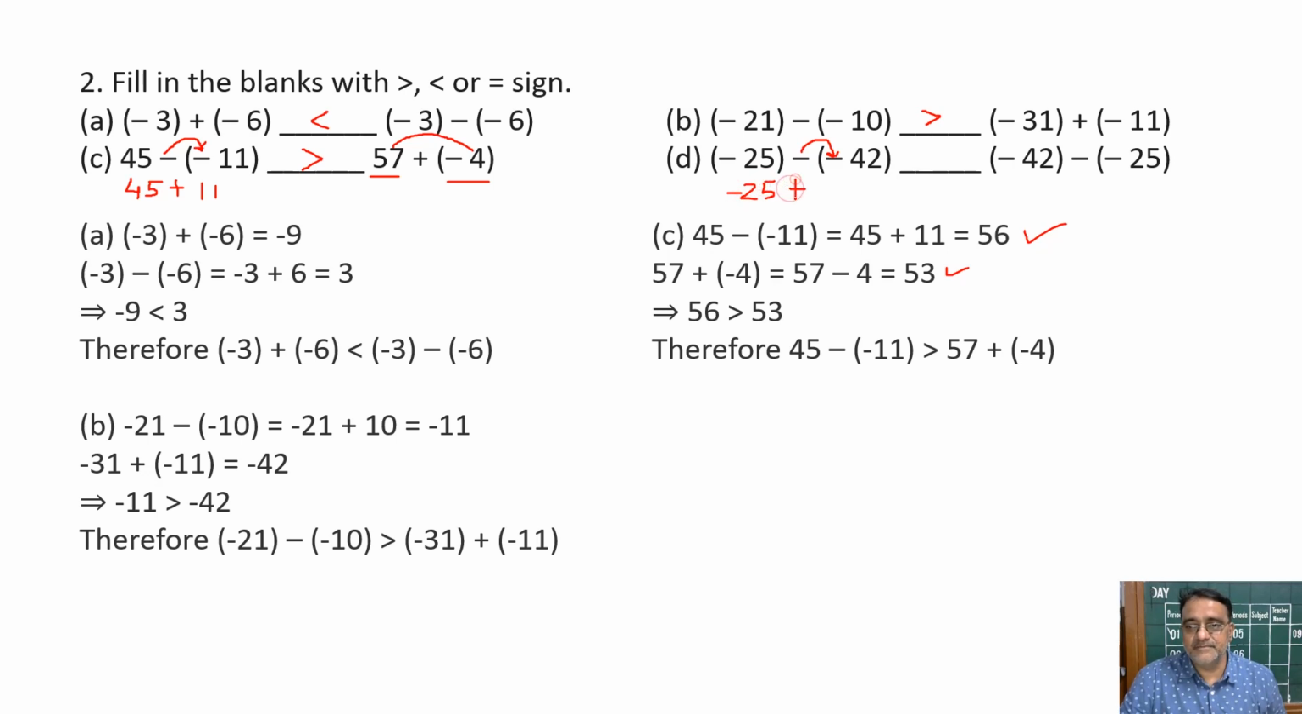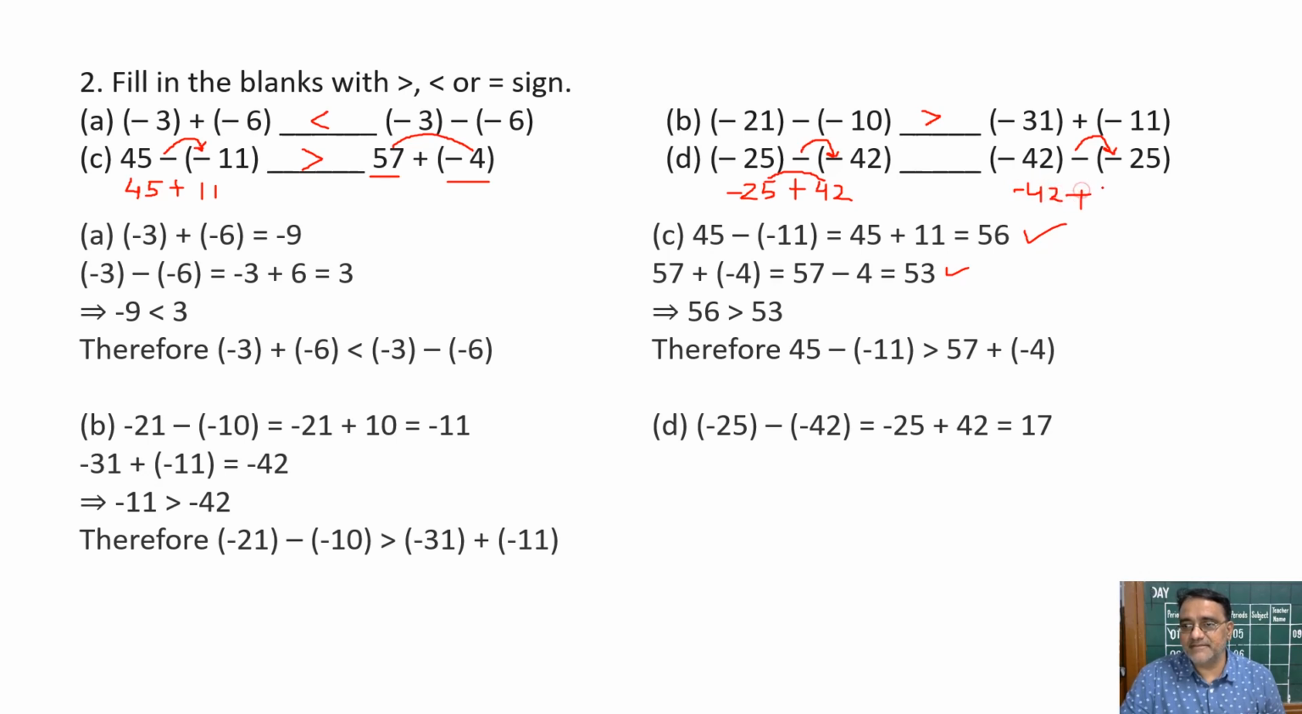plus 42, right? So both are of different sign, so we have to find the difference, that is 17, and we have to put the sign of the greater number. So 25 or 42, which number is greater? 42. And what is the sign of 42? Plus. So plus 17 is the left hand side, and right hand side देखो, minus into minus plus हो गया. So minus 42